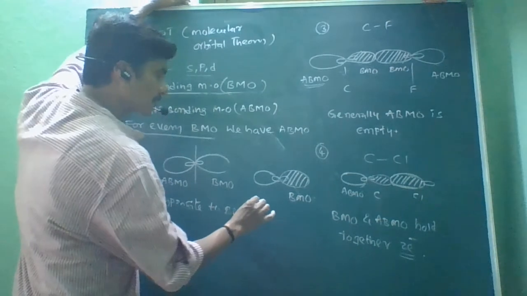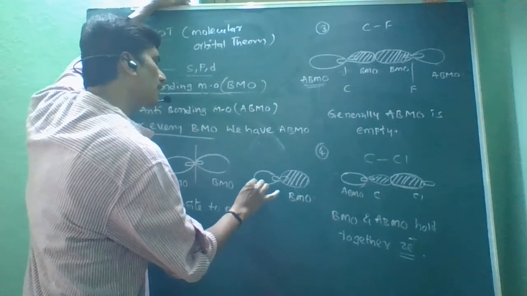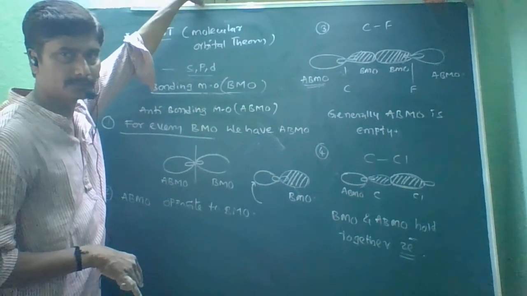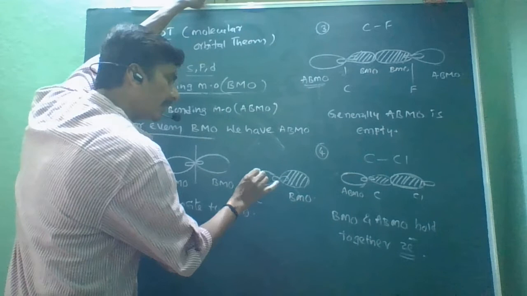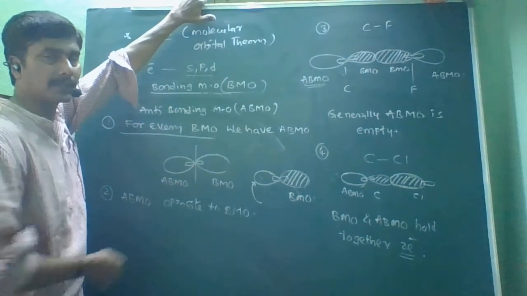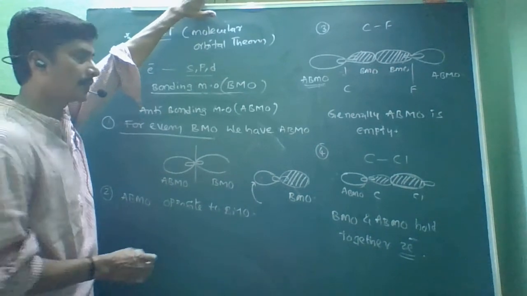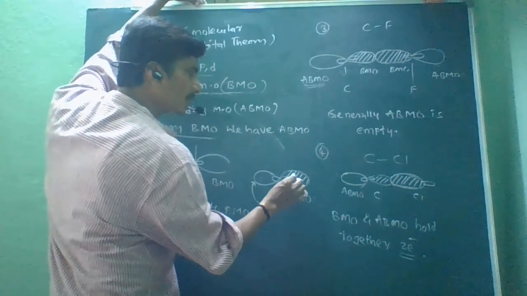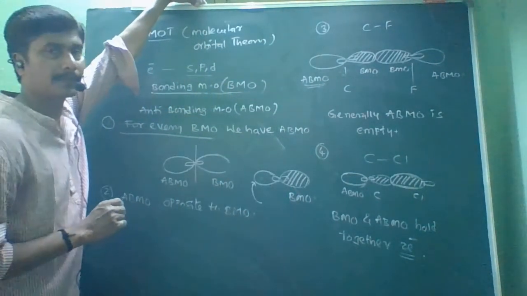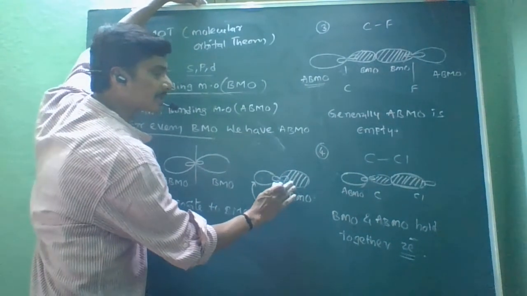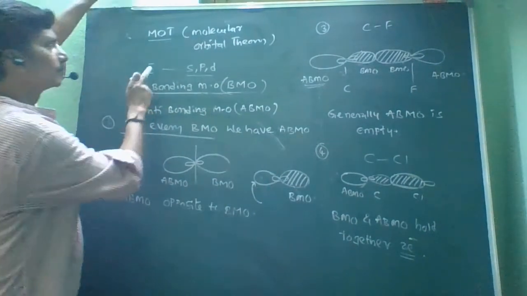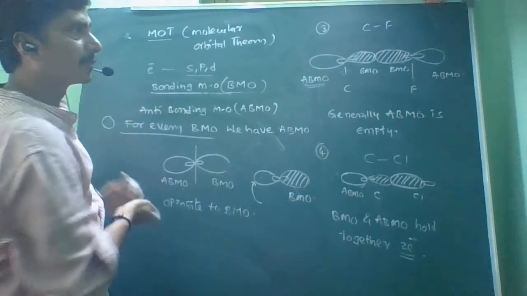If a strong force is forcing electrons into this anti-bonding orbital, that means electron density increases in the anti-bonding orbital by forcing, then some electron density goes out from this bonding molecular orbital. That means the electrons present in this bonding molecular orbital will leave in the form of a leaving group. That's what we discussed in the leaving group.